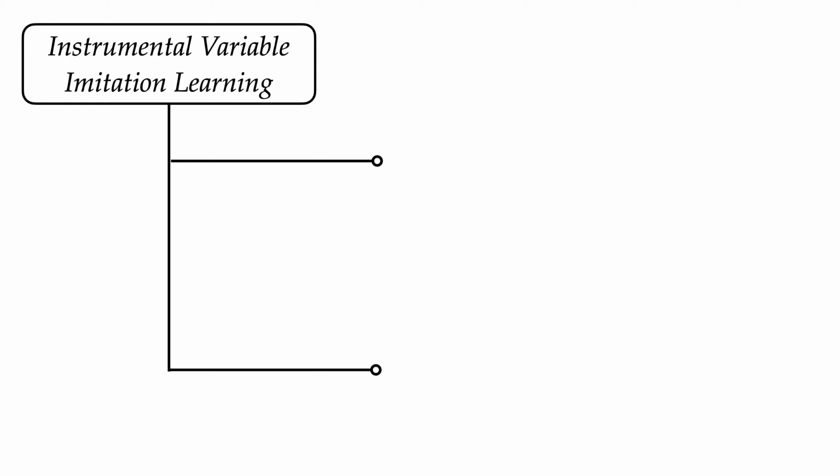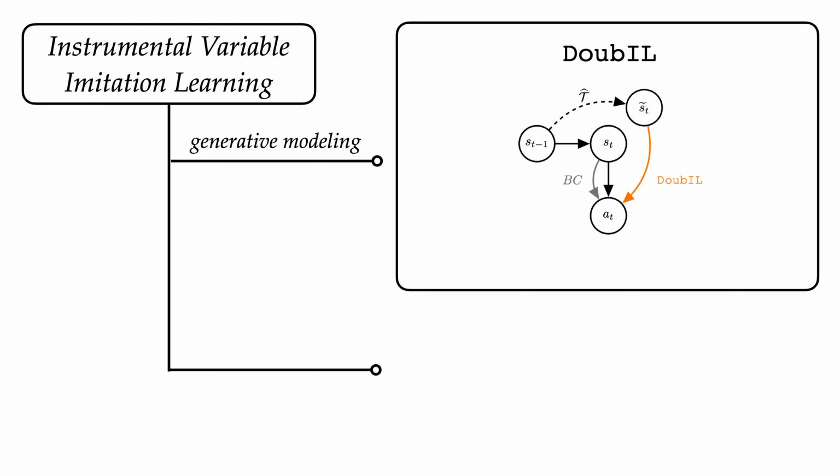The first is to train a policy via standard behavioral cloning. Then, via a simulator, use this biased policy's proposed actions on the past state to re-simulate the transition from the past state to the current state. This leads to fresh draws of s sub t that no longer share a noise term with the observed expert action. We can then apply standard imitation learning to this new dataset to learn a causally consistent policy, a procedure we call double.